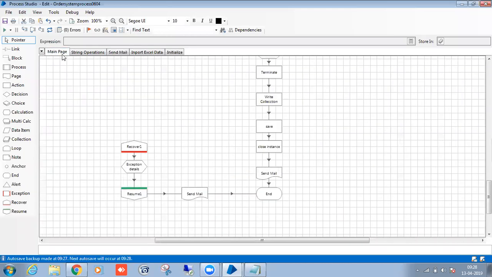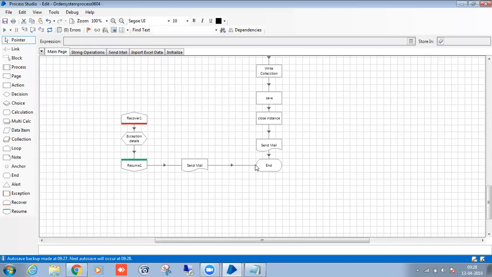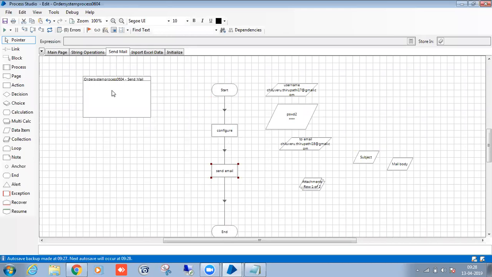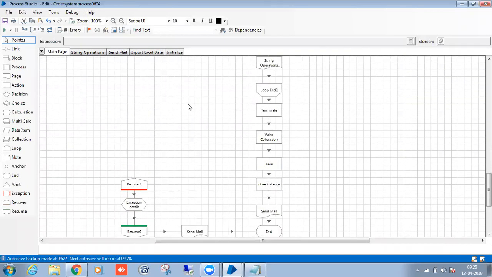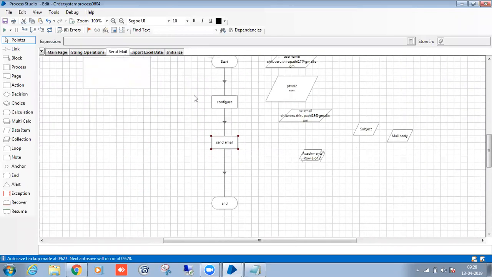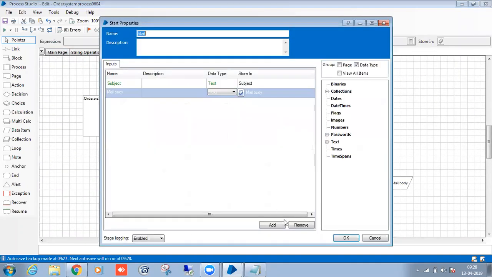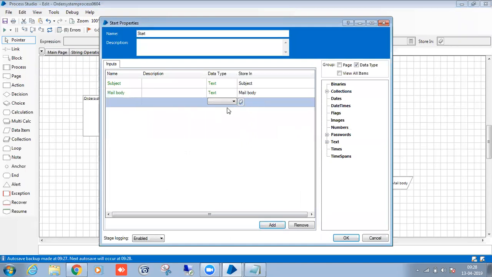We should not take the send mail function directly here. Create one sub page and we will use that one page across our project. Across your process, you have to use a single send mail. So one mail you have to create, and that has to work dynamically. Suppose if you want to attach something, then you have to create an attachment here. It's a collection type, right?